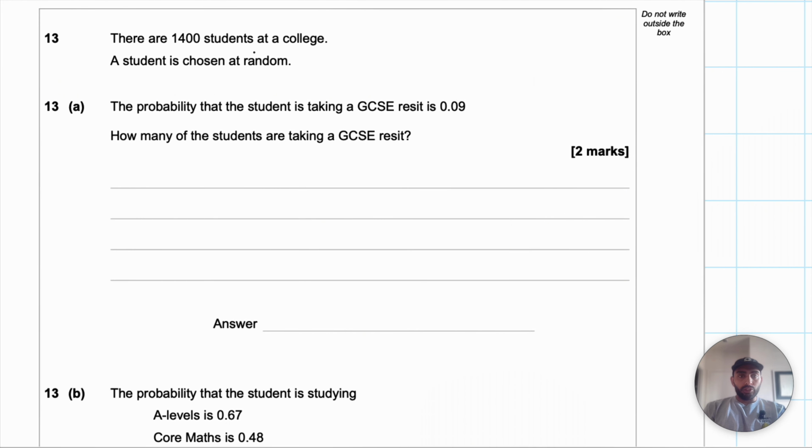Question 13. There are 1,400 students at college. A student is chosen at random. The probability that student is taking a GCSE resit is 0.09. How many of the students are taking a GCSE resit? All this is testing us on is our expected outcome